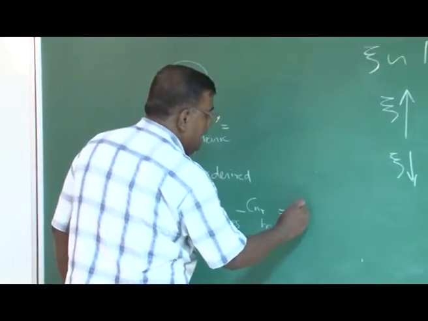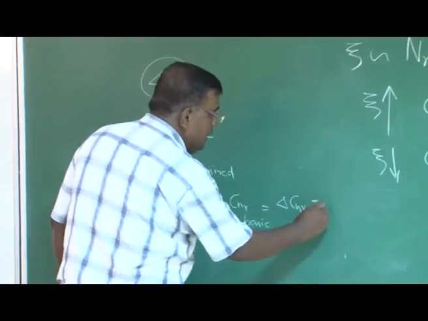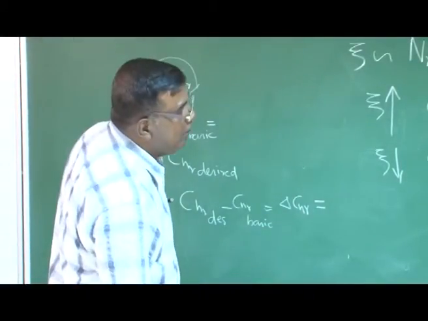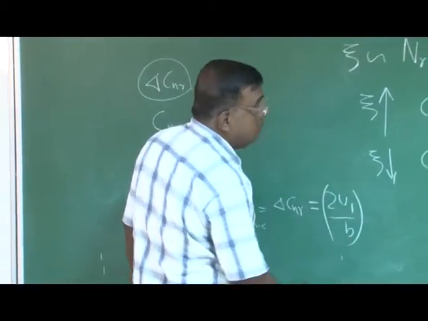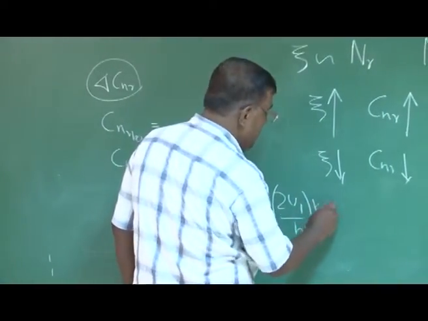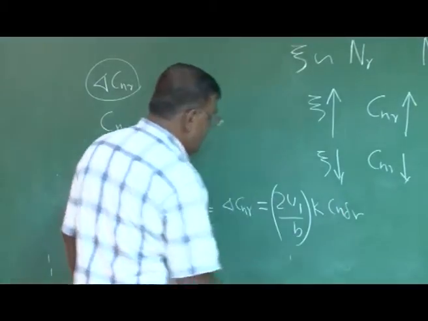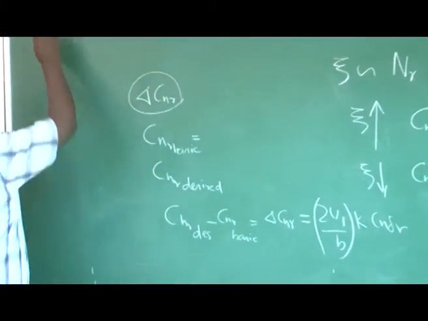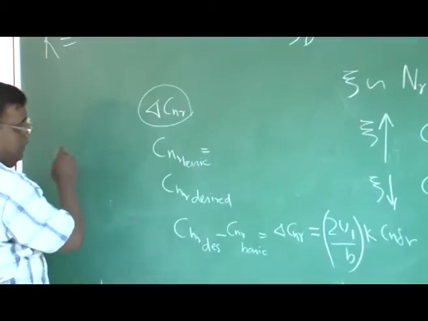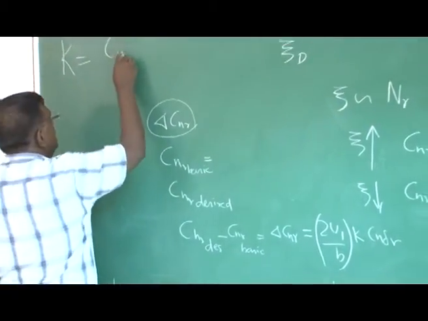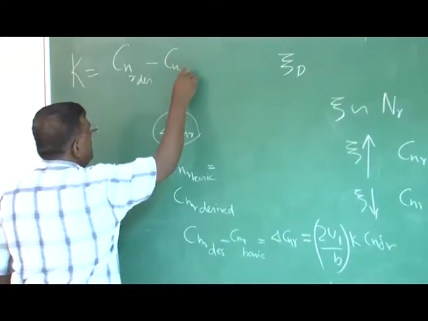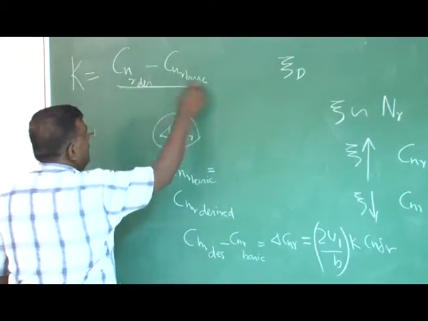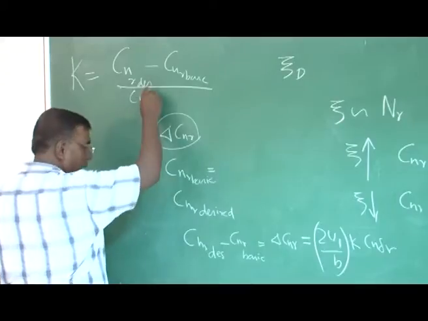That is equal to delta CNR, and that is equal to, just now we derived, 2U1 by B into K Cn delta R. So you can find that K in this case will be CNR desired minus CNR basic divided by Cn delta R